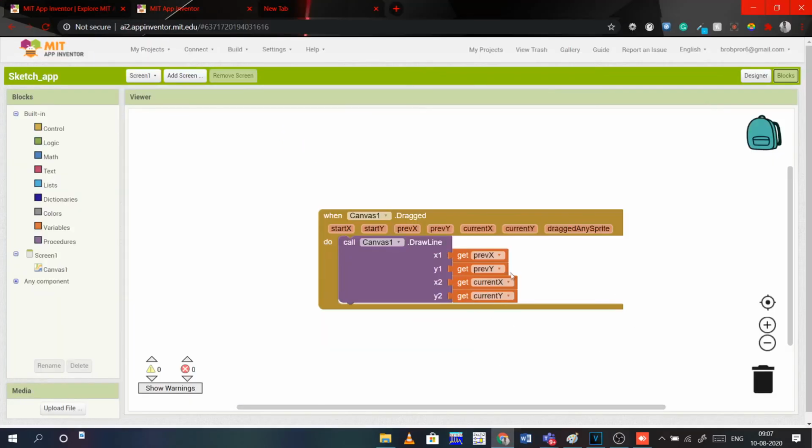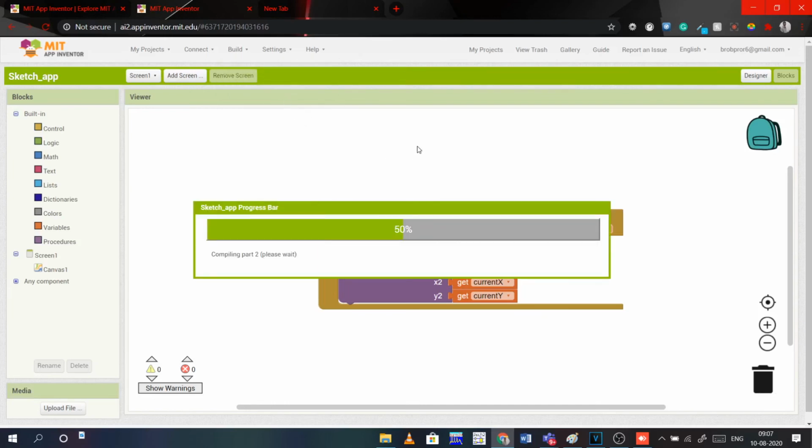Now let's see how to install the app. Previously we just saw the preview, how to see the preview in the mobile. Now let's see how to install your app. Go to build. You can find it here. There are two ways: the APK to my computer, or the app directly in your mobile. So go to this.